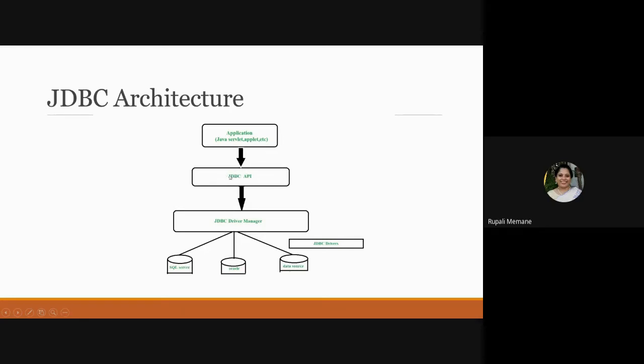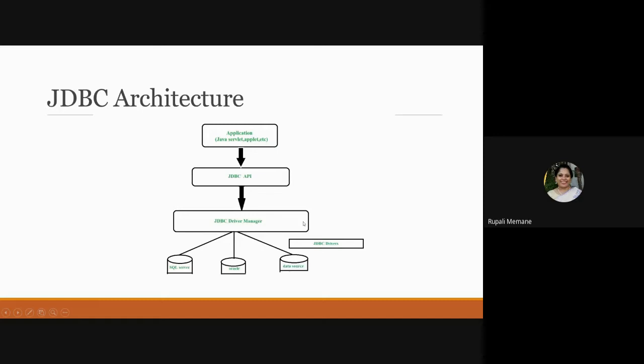Those are called your JDBC API, application program interface. Here you will know the methods which connect with your servlet. The methods work with the driver manager, and the driver manager in turn works with your databases. So this is the JDBC architecture.